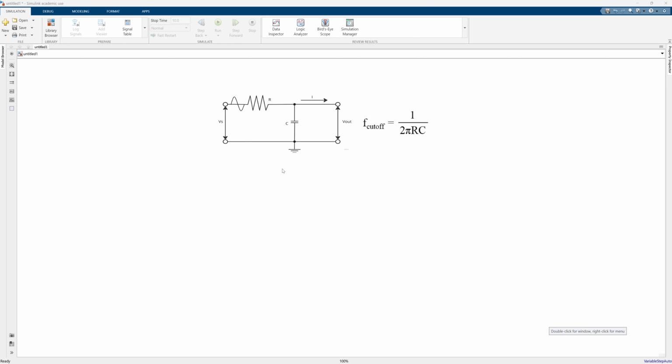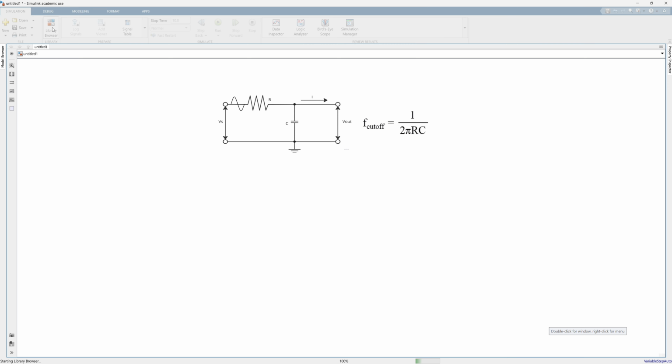So if, for example, we have a 50 hertz system and we have some harmonics, for example, 150 hertz, 250 hertz, and we want to remove them, we should find a cutoff frequency around 50-55. So this F will be 55 hertz, and we find the combination of R and C in a way that this equation is satisfied. So let's make a simple circuit